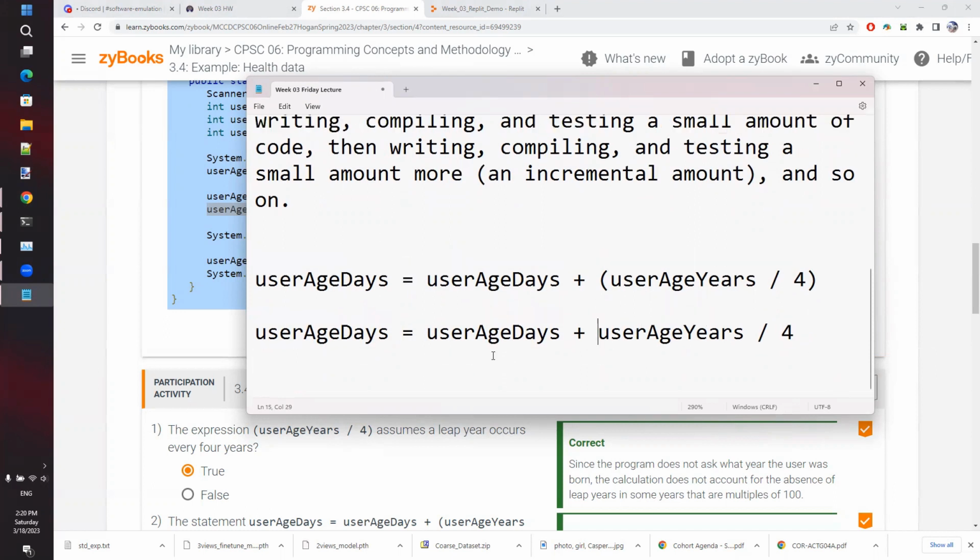In the second case, we have user age days plus, and then user age years over 4. But we follow the order of operations, which is like parentheses. So what is it? They say